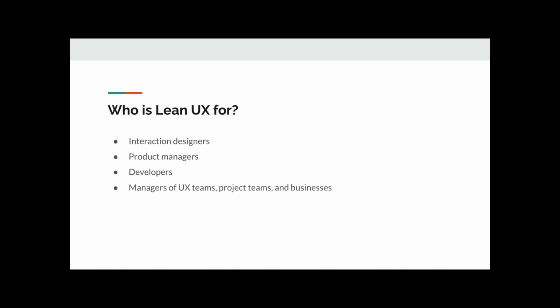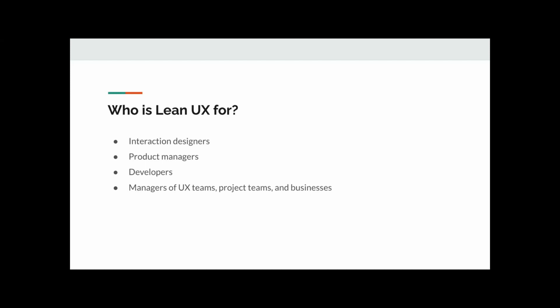Now, this is the most important part, right? Because now we are talking about lean UX. Now we are talking about generating the outcome. We are talking about customers. But who is going to use lean UX? Is it something that customers will use? Is it something that the business people will use? This is basically that your entire company can be a part of the lean UX paradigm or lean UX process, right?